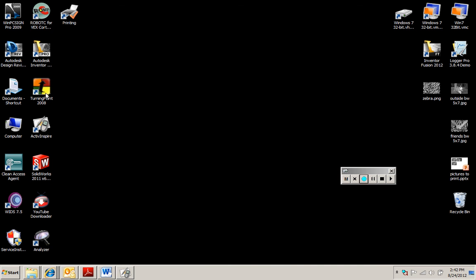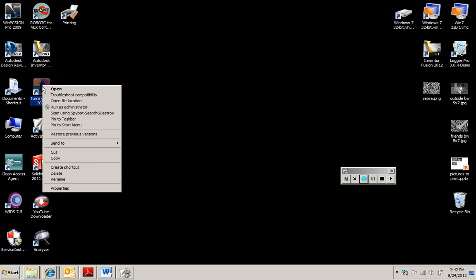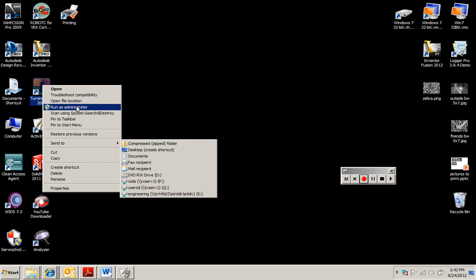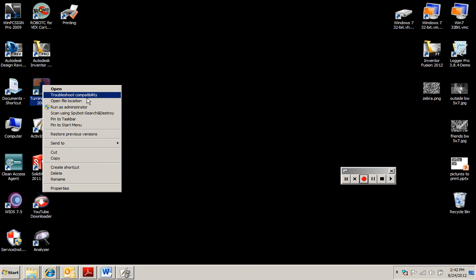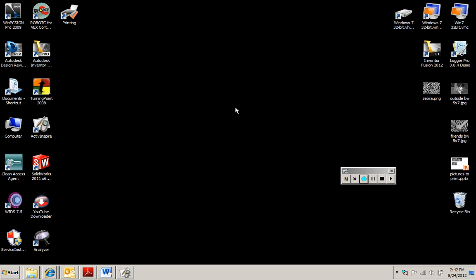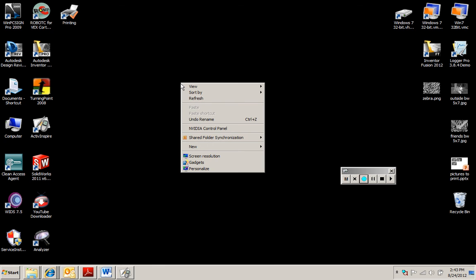If I right click over a shortcut, I get a list. So there are always great things hiding under the right click, okay? Just so you'll know, there are lots of options there. Alright, so let's go to something like, say, I want to customize my background. So I right click and I get this pop-up menu, and I could